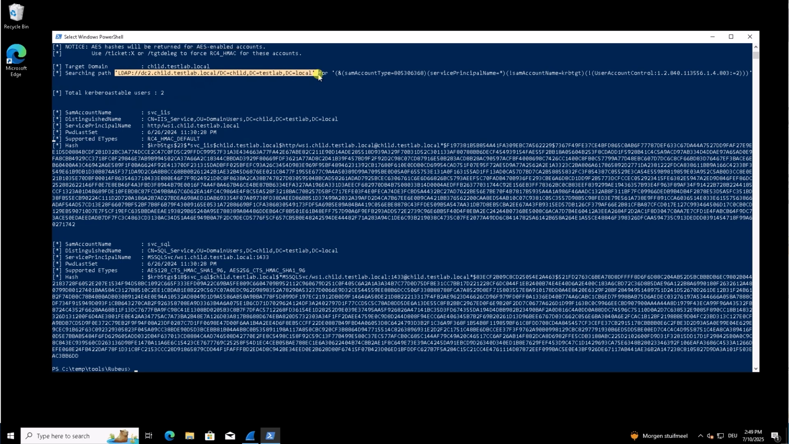Rubeus will simply query the domain for any account that has a service principal name set, is not the KBTGT account, and does not have some specific features disabled. As a result, we get back the SVC IIS account, which is encrypted in RC4 because it's a user account, and we get the SVC SQL account, which in our case is now AES encrypted. It's still a user account, but